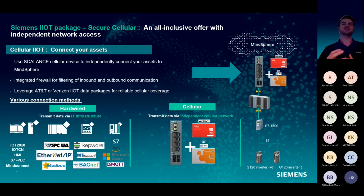Obviously, the Siemens hardware is designed to seamlessly integrate, and we also have drivers to integrate into these other protocols. But in some scenarios, you're not always going to have that hardwired connection. And so when it comes to needing to go cellular, which can save you on running cables and conduit, or maybe you're in an area where you don't have a hardwired internet connection, we also have packages that would help support you with data plans from Verizon and AT&T. So we really thought this out, trying to make it as easy as we can by putting these into